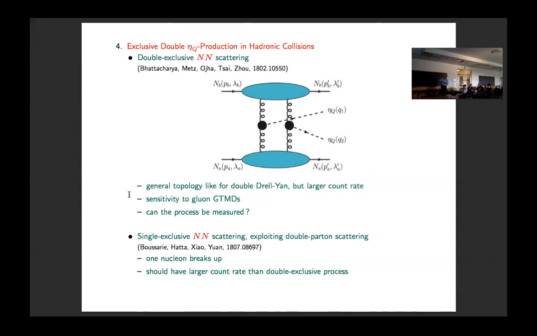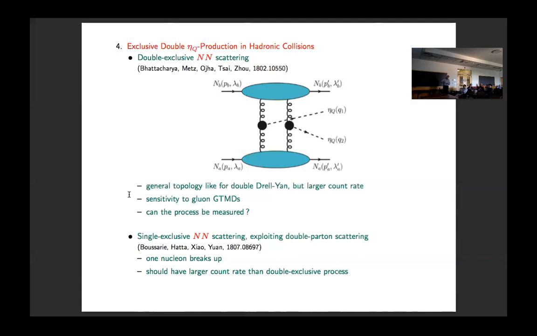Just imagine that you don't look at the exclusive final state, but that the nucleon breaks up. So you have here in the upper part, nucleon going to two gluons and X. And this is exactly a double parton scattering situation. I think you will have a larger count rate. Experimentally, it will be easier because you don't have to detect that. On the theoretical side, there may be some additional complications because you have one additional transverse momentum. But again, for the EIC, this is all there. If it's exclusive, then you also have to worry about survival. Yeah, so that is definitely an issue here.